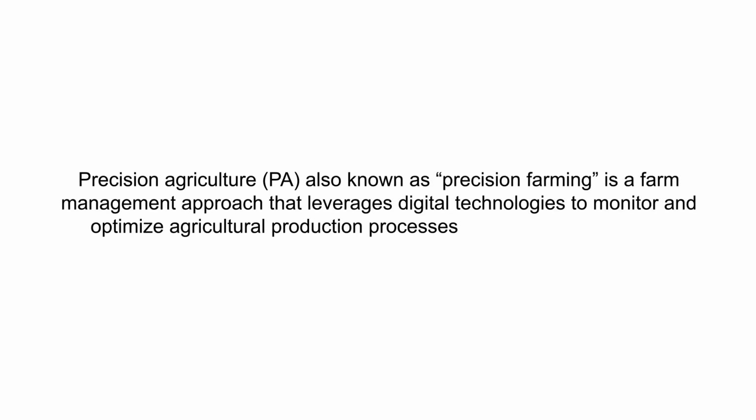Module 1, Fundamentals of Precision Agriculture. Definition and Scope. Definition. Precision agriculture, PA, also known as precision farming, is a farm management approach that leverages digital